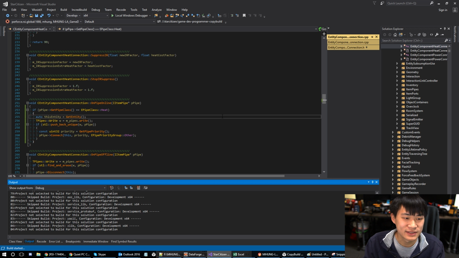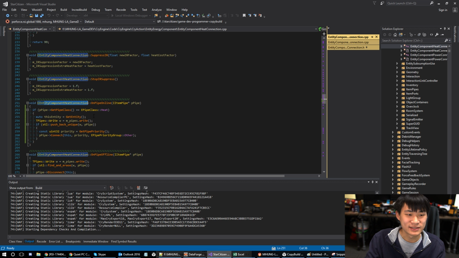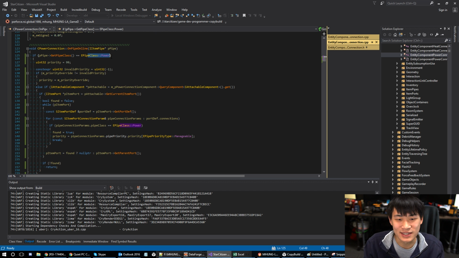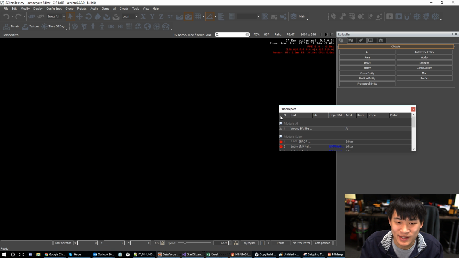compile the code, this will make sure that our heat connection will only connect to the heat pipes, and our power connection only connects to the power pipes. So now these connections won't be randomly pushing in values everywhere and breaking the laws of physics. Now that it's done compiling, we bring up our same